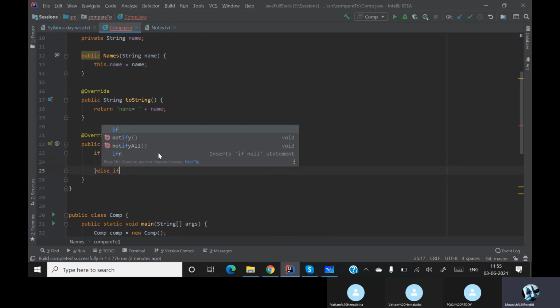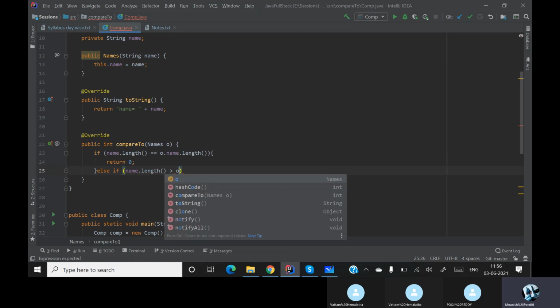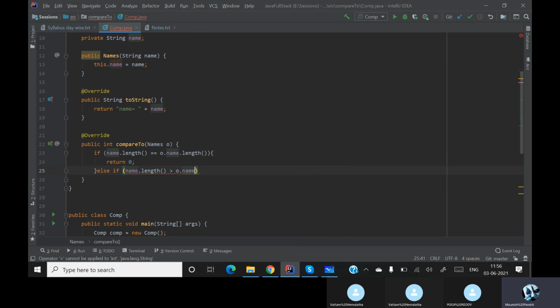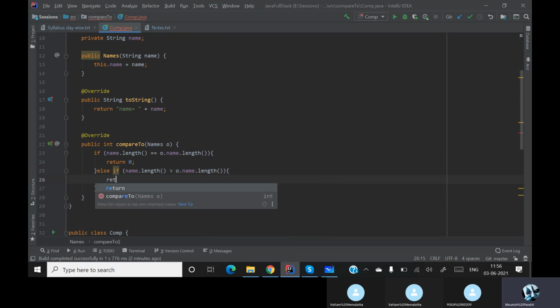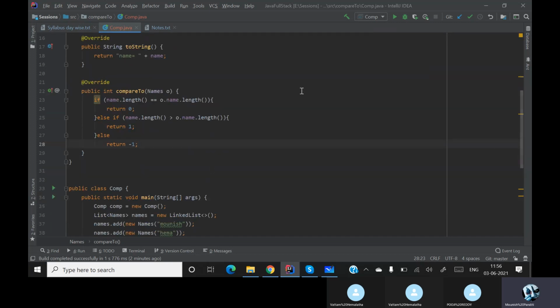Else if name.length is greater than O.name.length, if that is the case, then I am telling return 1. That is what our compareTo method does. At the ending, I don't want to write any case and I want to simply put a -1. Now if I run this,